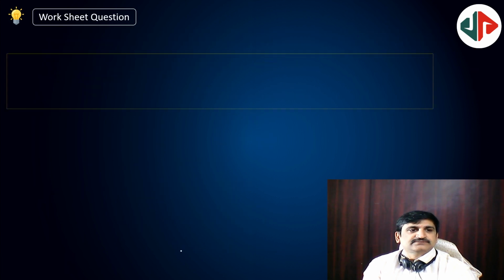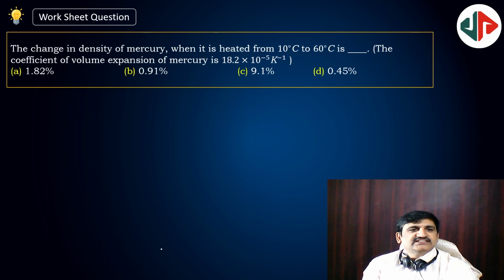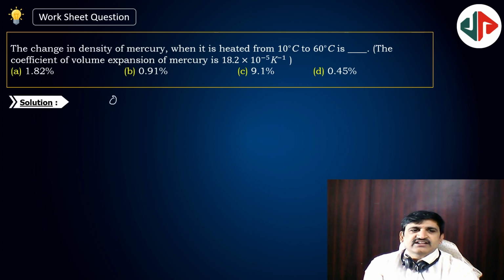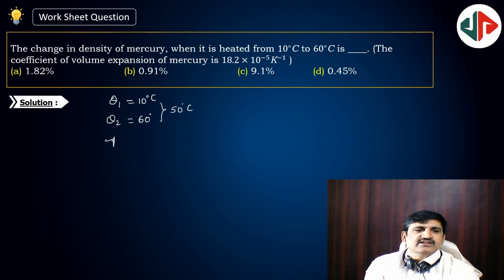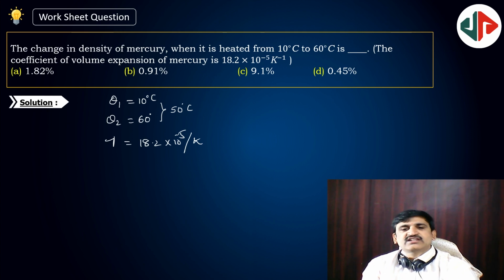Yes, next. The change in density of mercury when it is heated from 10 degrees. Theta 1 is equal to 10 degrees Celsius and theta 2 is equal to 60 degrees Celsius, so the temperature difference is 50 degrees Celsius, and the coefficient of volume expansion of mercury gamma is equal to 18.2 into 10 to the power of minus 5 in proper units. Then we are expecting the change in density. So the change in density formula